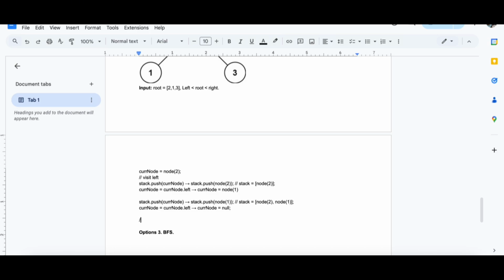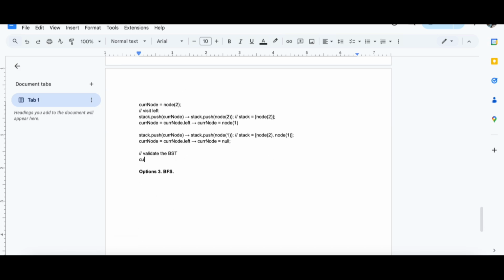So we gonna validate the BST. It will get the current node from the stack.pop, because stack is last in, first out, so it only leaves node 2. We have node 2, so the current node is node 1, right? Stack.pop.